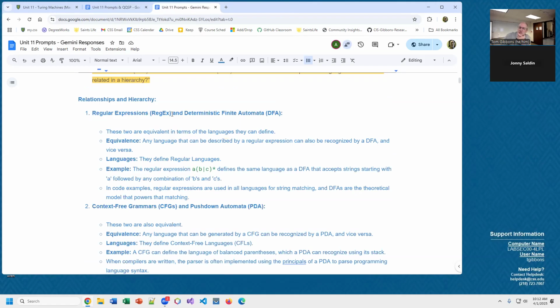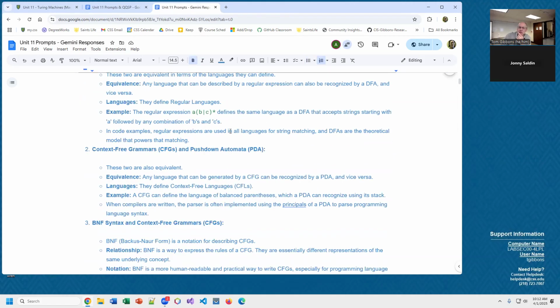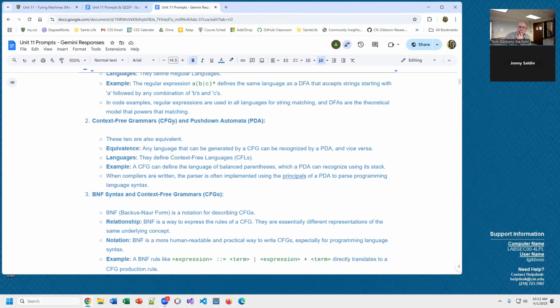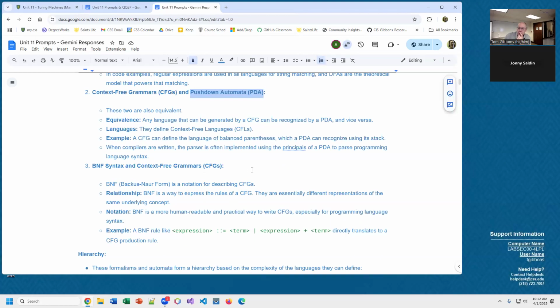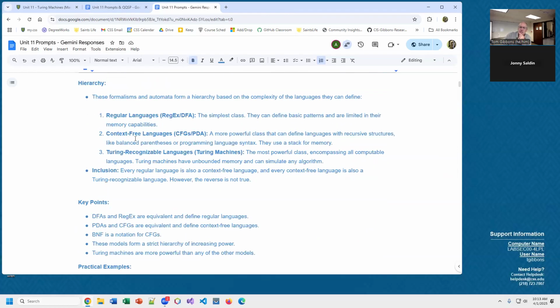So regular expressions and deterministic finite automata are equivalent, and context-free grammars and push-down automata are equivalent also. And we looked at Backus-Naur format for describing a language, and what you can define with BNF syntax is the same thing as a context-free grammar, which is the same thing as a push-down automata here. So basically, we have these